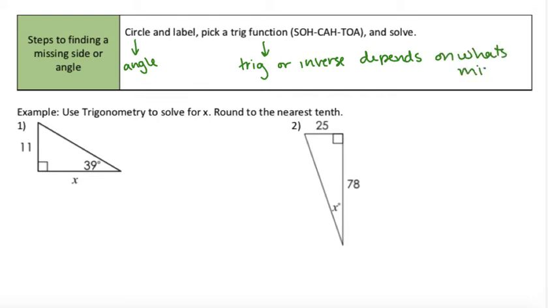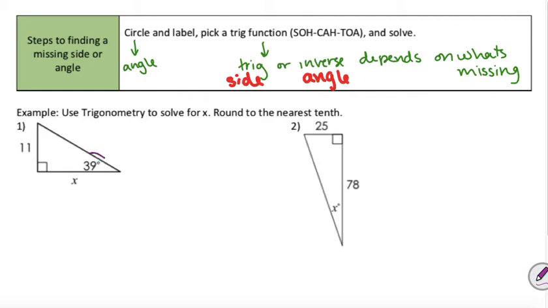So it depends on what's missing. If what's missing is a side, we do trig. If what's missing is an angle, we do the inverse. So when we look at this one, we circle, here's an angle. Immediately I didn't circle an unknown, so I know I'm going to be using trig to find a missing side. I circle, I label,